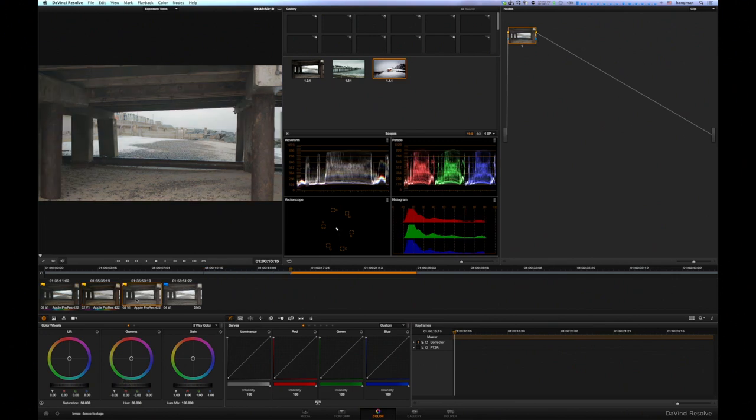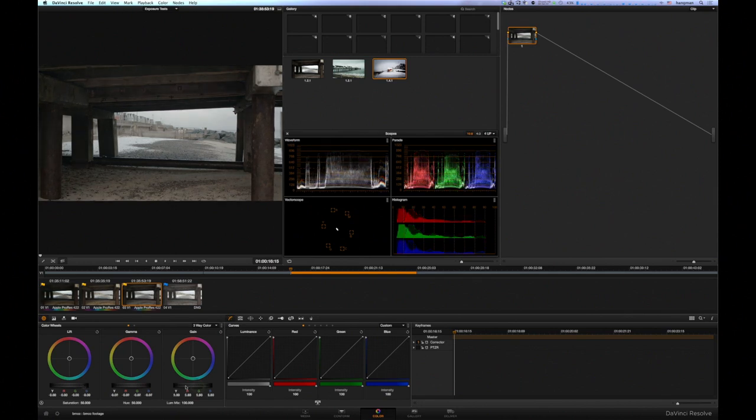So now let's look at our third clip, which is all shot as ProRes film. Now shooting as ProRes film is going to give you more stops of dynamic range. If I work with the ProRes film clip to try and balance out the scene and get as much information as I can from the sky,